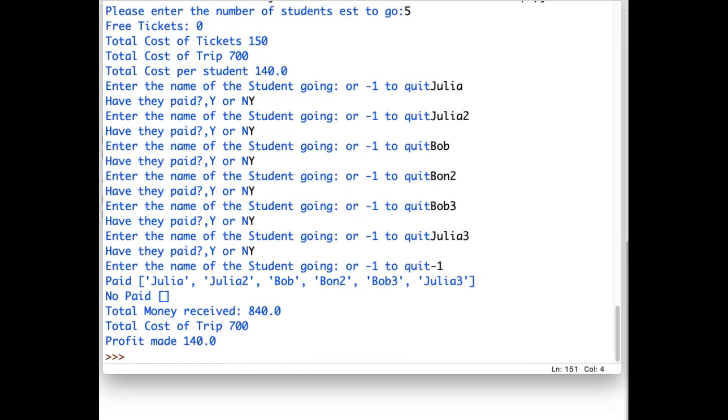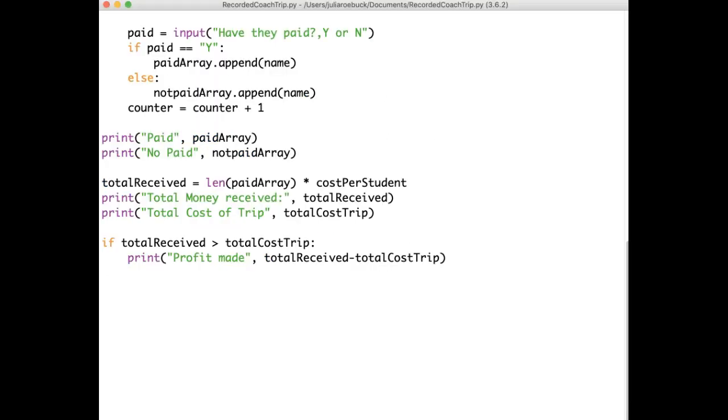-1 to quit. There we go. So total money received 840. The total cost of the trip is 700. Profit made is 140. So that's fine, because the cost of the student is 140. We've got 6 students going instead of 5, so that looks like it's correct. So that means that if we go back to the code, we can say elif the total received